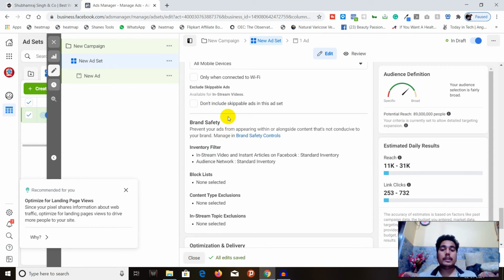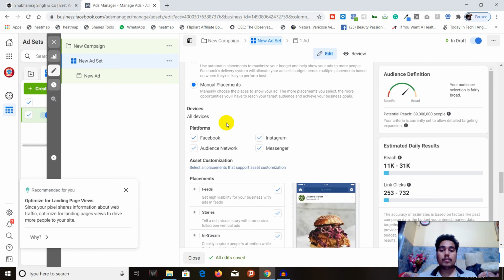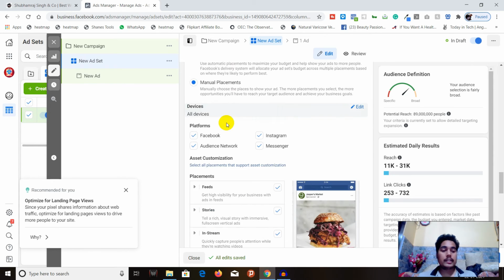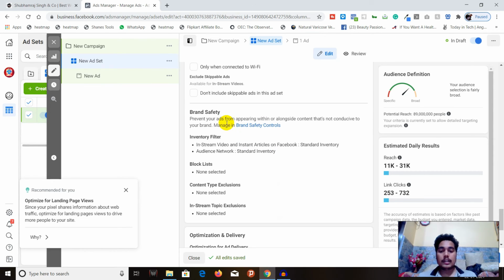So this was pretty much everything about placements and brand safety. You can prevent your ad from appearing within or alongside content that is not conducive to your brand. Manage brand safety controls. You can do an inventory filter: in-stream videos and instant articles on Facebook, standard inventory, and Audience Network standard inventory.